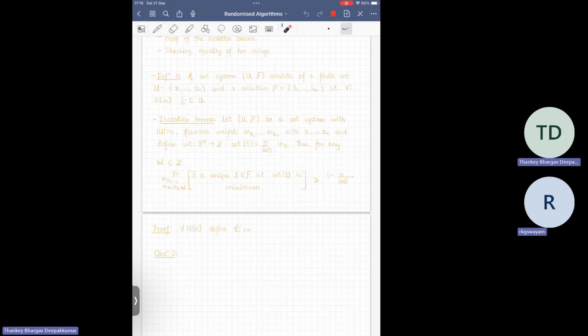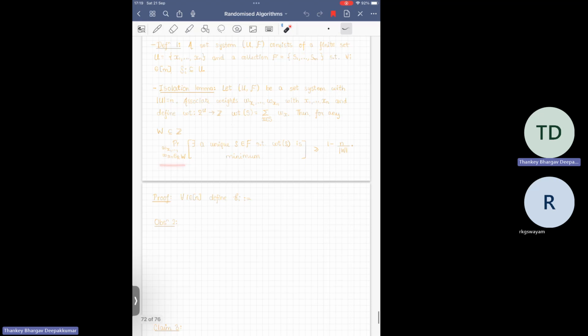So I was saying that suppose we have two sets, S1 and S2, both have the same weight, and this weight is minimum, right? Then one of them must have one element which is not present in the other, right? So what I can do is I can fix the value of every weight other than the weight of that element, and then try to argue that the only way S1 and S2 end up having the same weight is if the weight of that